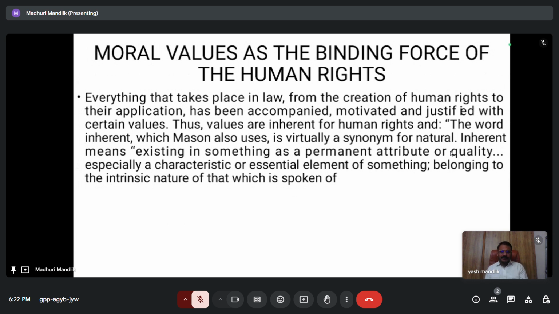Everything that takes place in law, from the creation of human rights to their application, has been accompanied, motivated and justified with certain values. These values are inherent to human rights, and the word inherent, which Mention also uses, is a virtual synonym for natural. Inherent means existing in something as a permanent attribute or quality, especially a characteristic or essential element